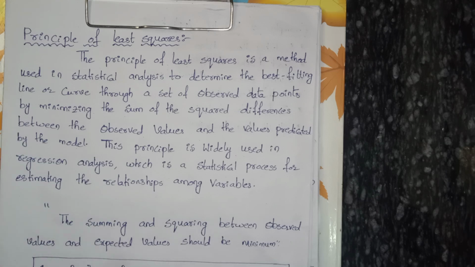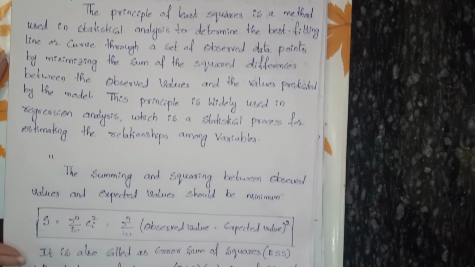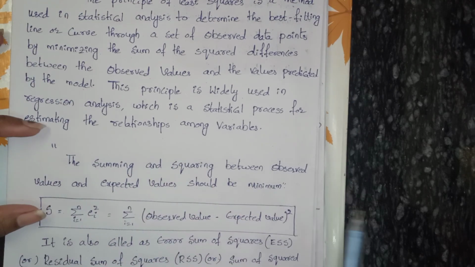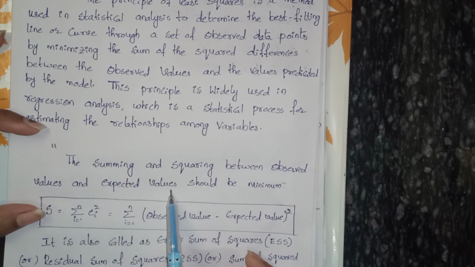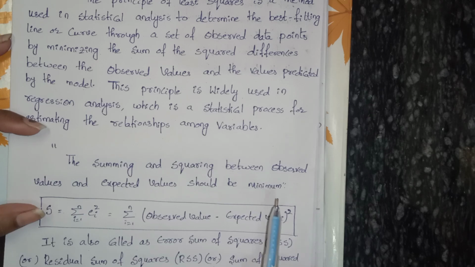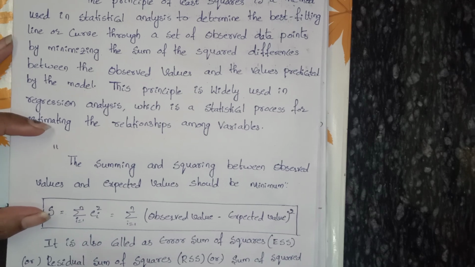Why is this method used? In order to find out the unknown constants. In this principle, the summing and squaring of the differences between observed values and expected values should be minimum. That means it will minimize the errors in order to give the best fit